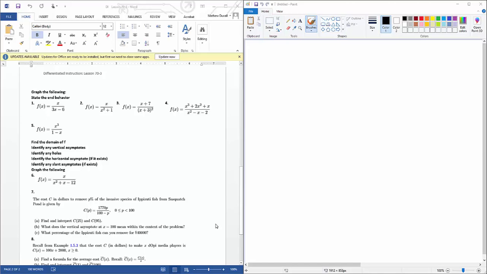All right, so this is 70-3. It says graph the following and state the end behavior. Well, we're just going to focus on stating the end behavior. We're not really going to graph anything at the moment. But for number one,